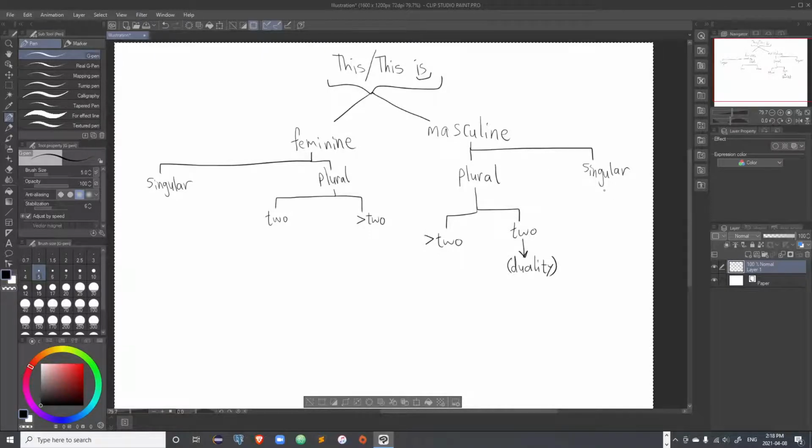For a masculine singular, this is the word هذا. هذا ها فتحة ذال فتحة ألف مد or ألف vowel. For the duality plural form, actually, probably draw a branch. For the nominative form,